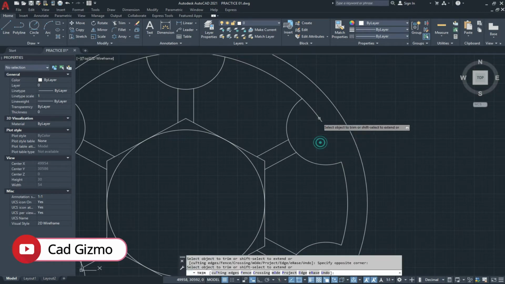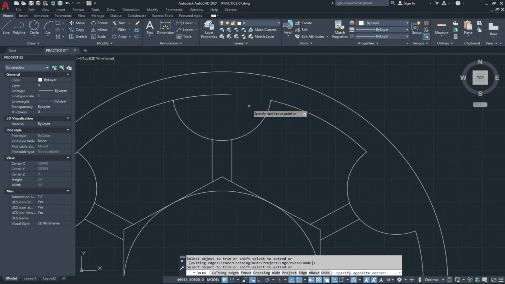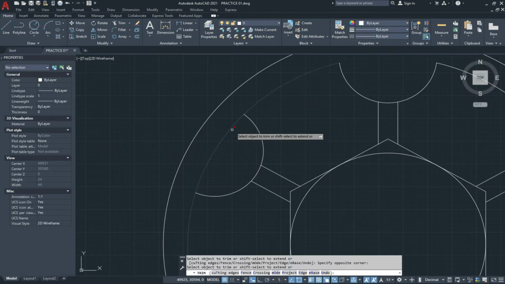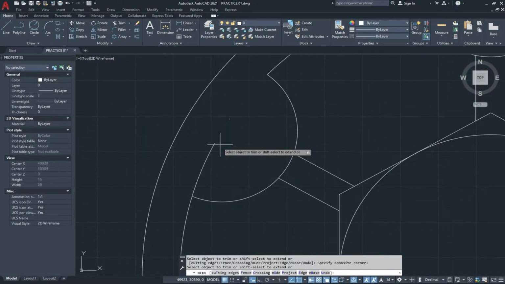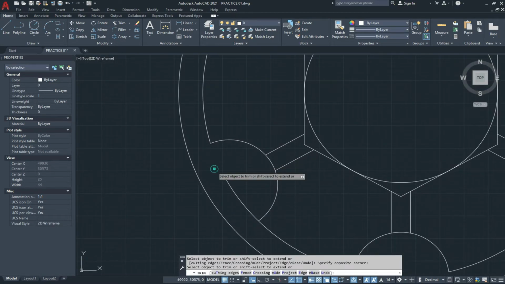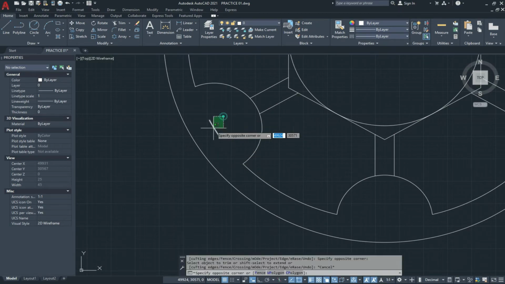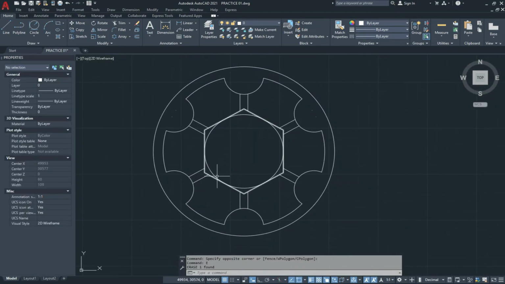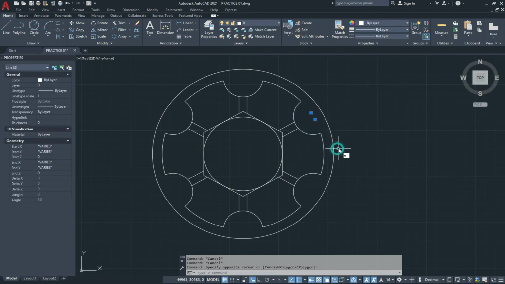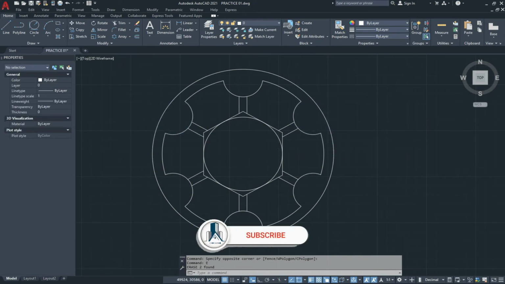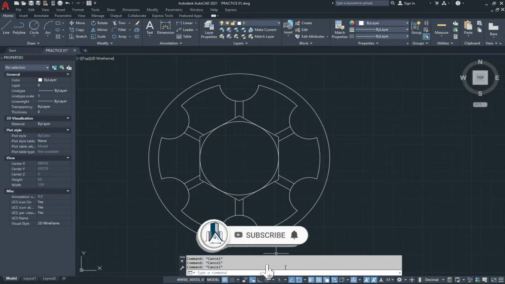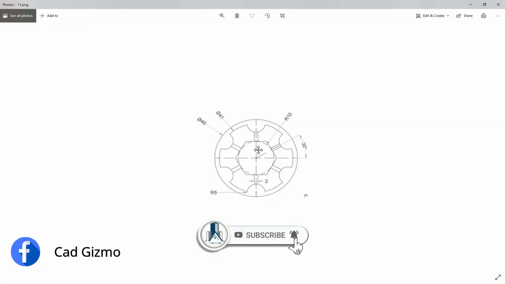TR double enter. So in this way our shape is ready.